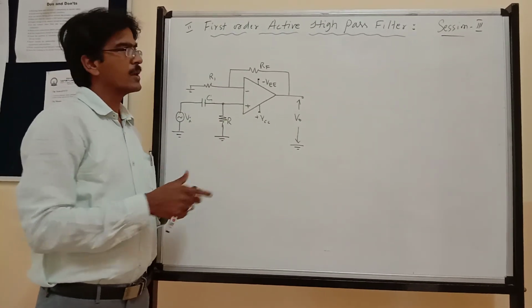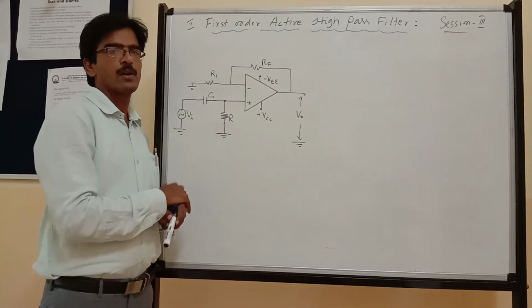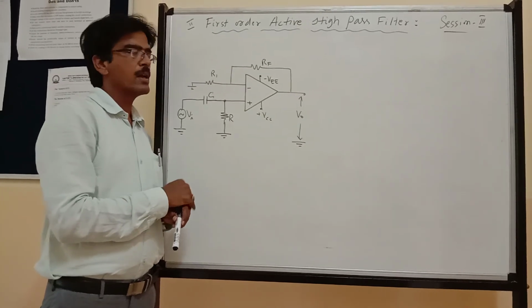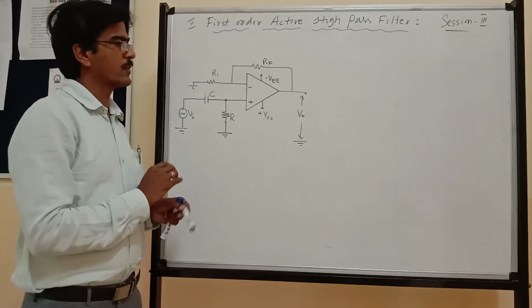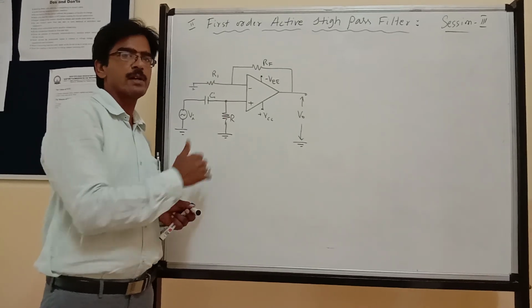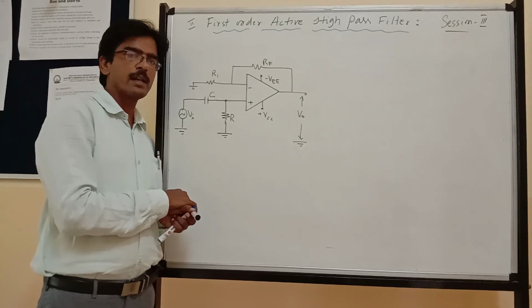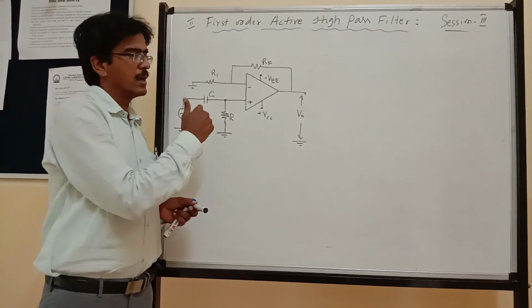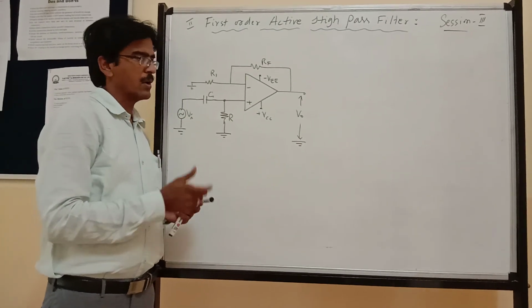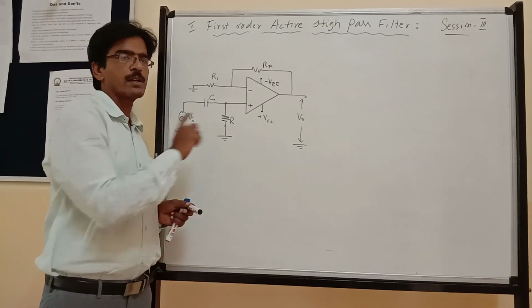Now here, what is high pass filter? A high pass filter allows only high frequency signals and rejects or attenuates all low frequency signals. So let us see how this circuit acts as high pass filter, passing only high frequency signals and rejecting or attenuating the low frequency signals. Now mathematically I prove that this acts as high pass filter. To prove that, I need to derive an expression for gain of this circuit.